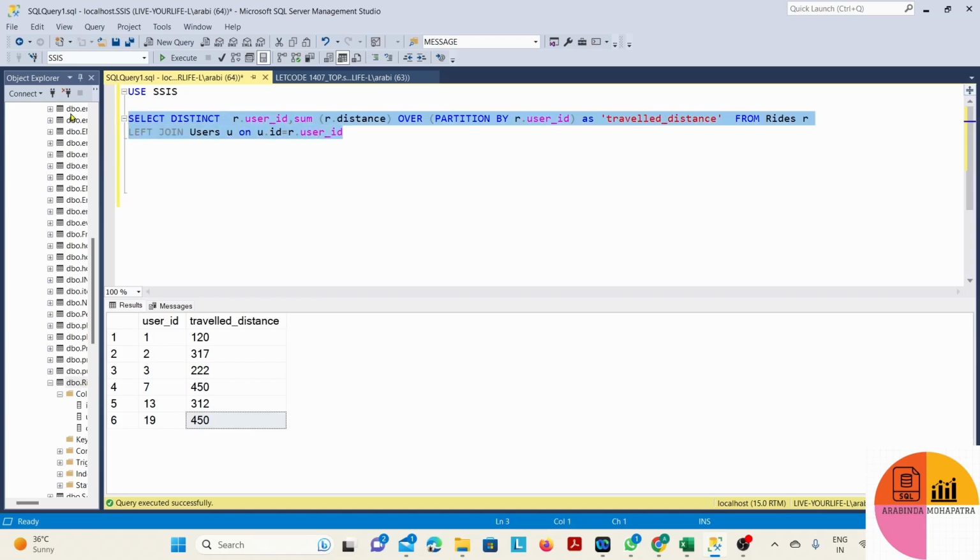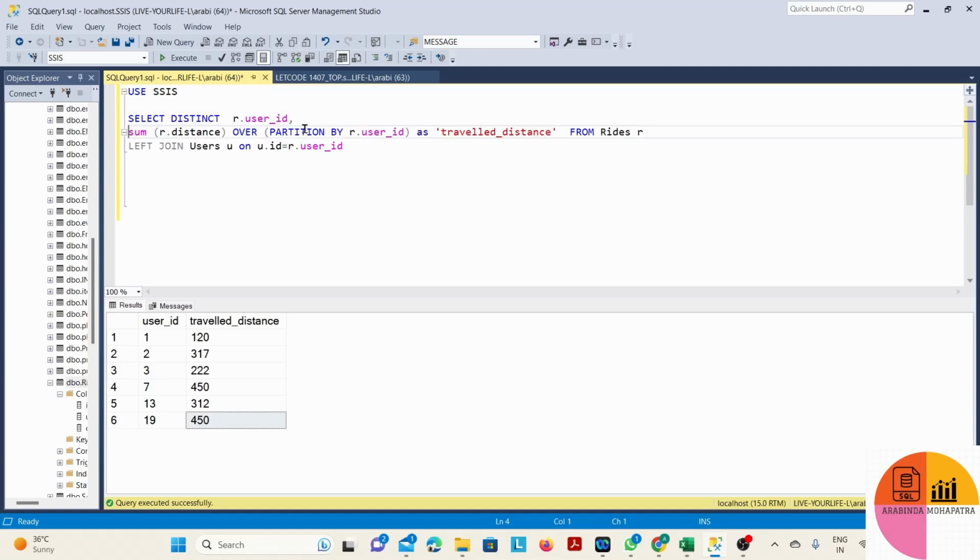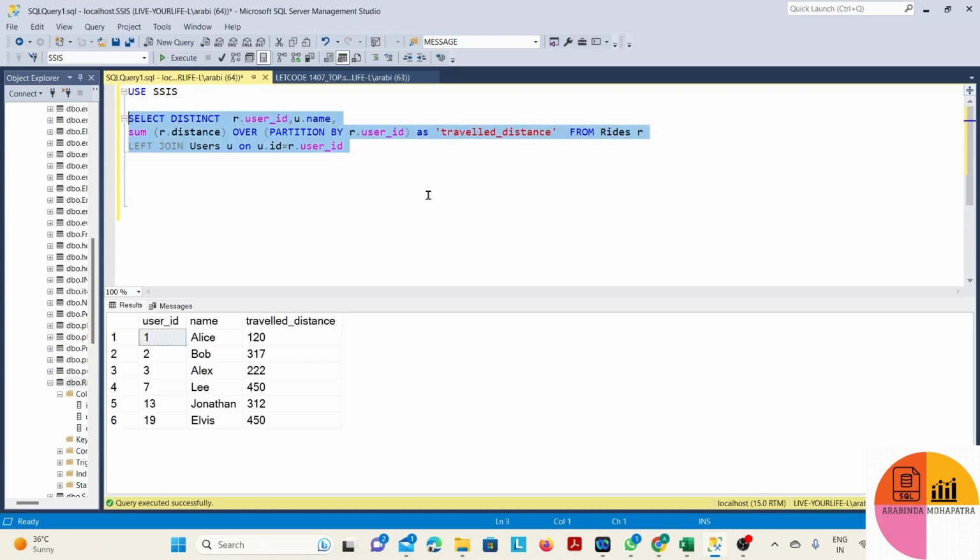And let me mention u.name, the name of the required user id. So if you see, user ID 1 has the alias Travis, and Travis traveled 120 kilometers, and for user ID 7, Lee, traveled 450